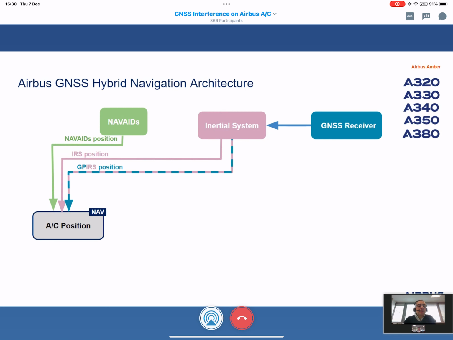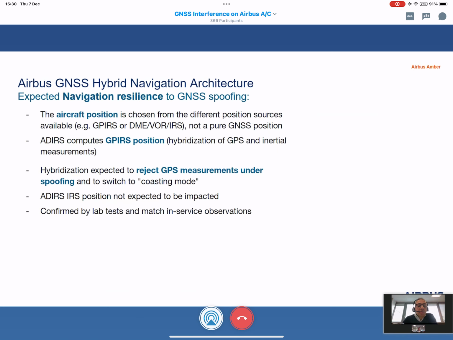So let's see in the next slide the illustration, what happens. As a reminder, the aircraft position is based on GPIRS or IRS DME or VOR or pure IRS. We compute the combination, hybridization of GPS and inertia, and so far observed in service and confirmed also by lab test, the cases of spoofing that our customer operators have encountered in the field are only either GNSS repeater or collateral spoofing, but never civilian aircraft attacked by targeted spoofing.